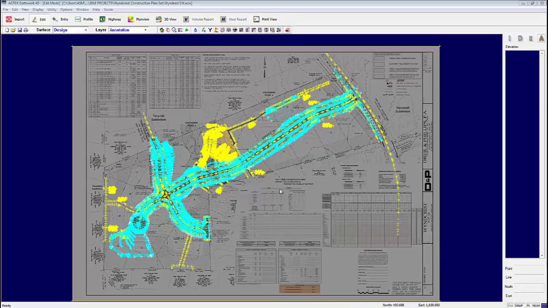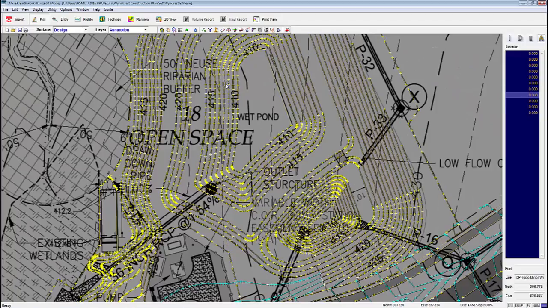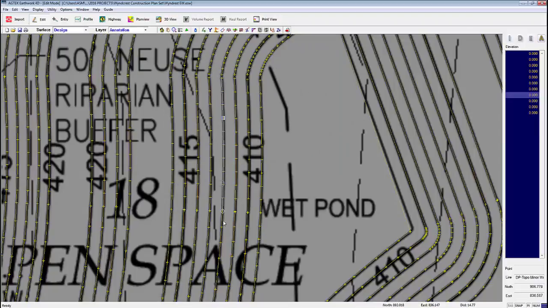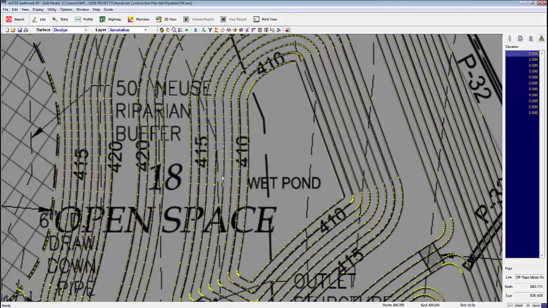Now that we've pulled in most of the vectorized data that we need to build this job, we're going to go ahead and do a line check on these contours to make sure they're all joined. Now what happens here is a lot of times these come in segments with these gaps. And what will really help is if we can join all the lines possible to not have to enter each